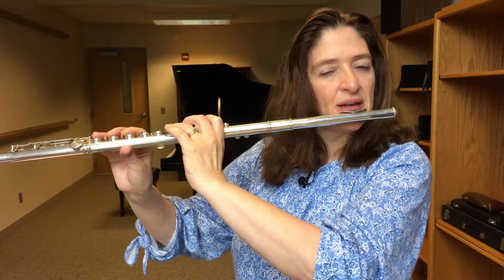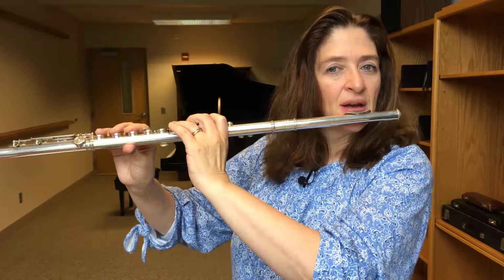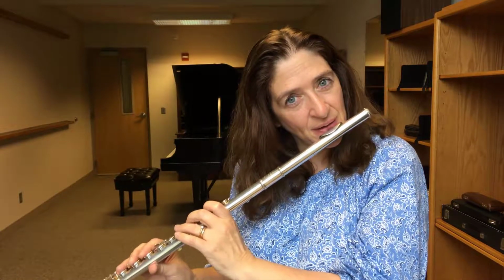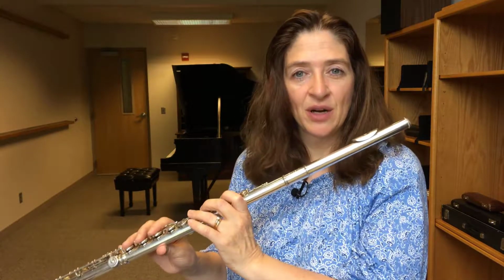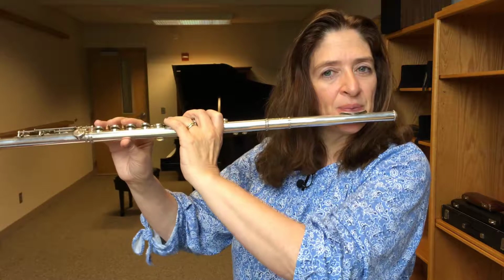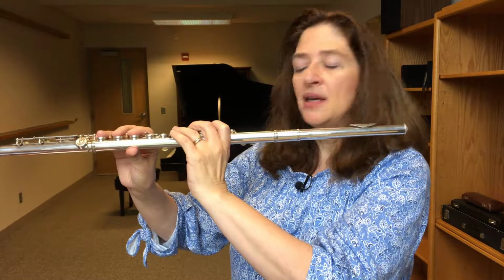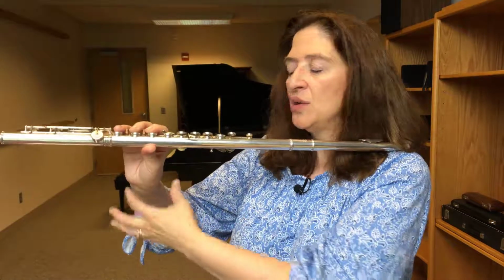If you're keeping your flute here, that's where my elbow is. I mean, if you have really bad posture, you're down here, well, it's hard to put the elbow in the right spot. So we need to keep the flute up here. Put your fingers, the pad of your finger on the keys, your thumb in between 1 and 2,